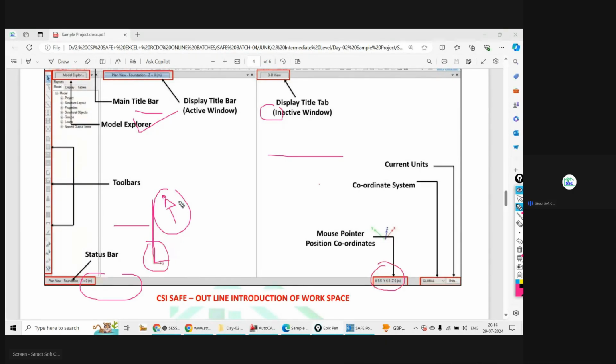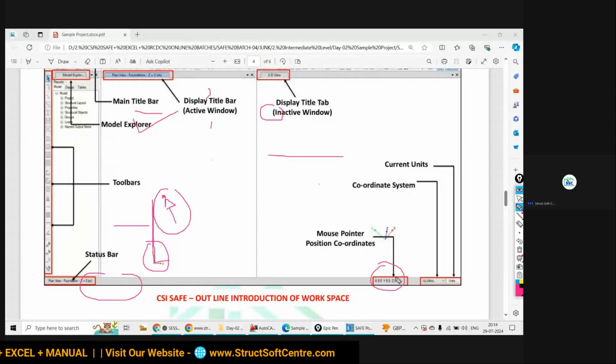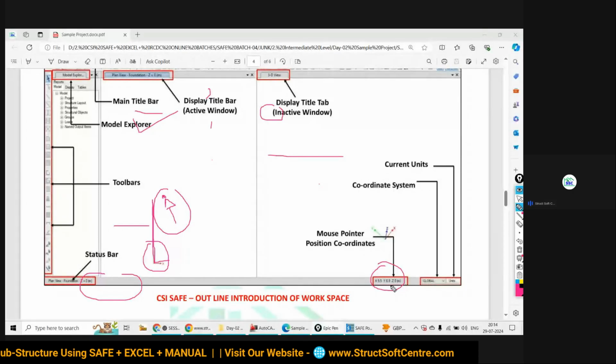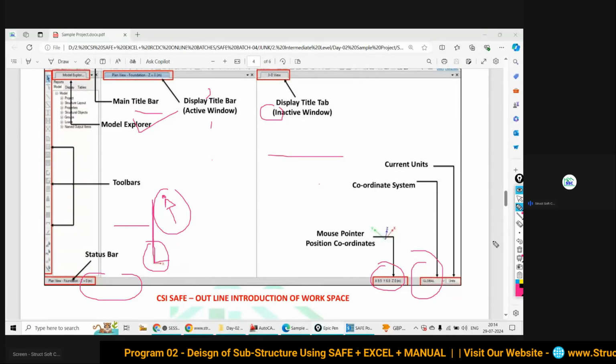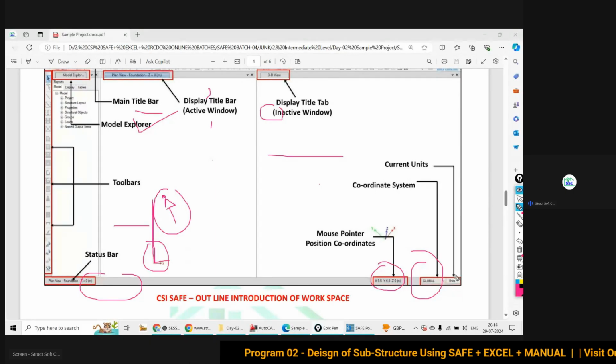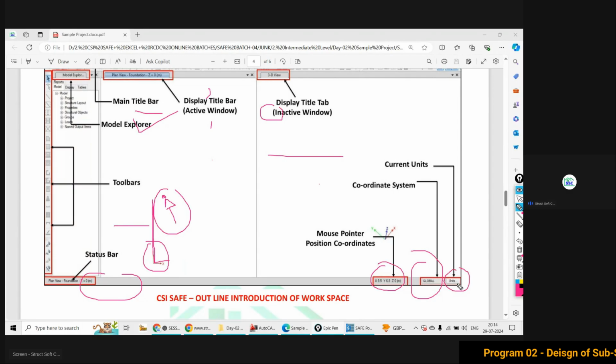And at what level you are working, at 0 level, at first floor level, at the second level, you can find from here. X ordinate, y ordinate, and height as z. And the global coordinate system, with which unit system you are going to work, metric SI, US customary, MKS system, that will be present here.